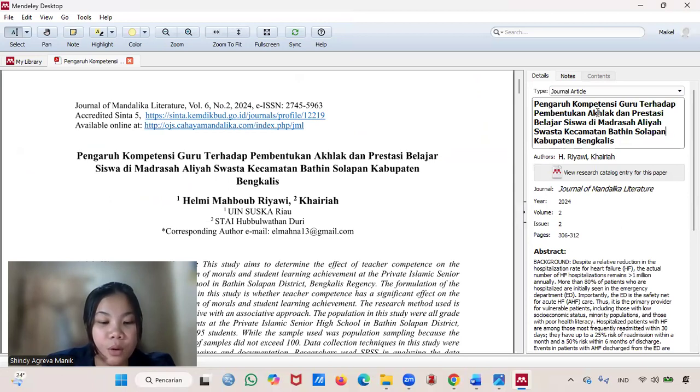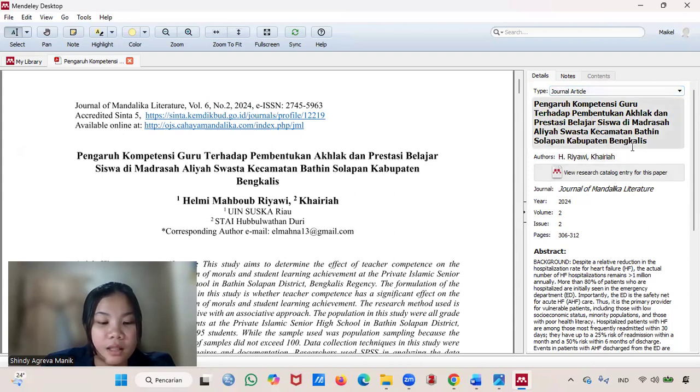Even though Mendeley fills it in automatically and fast, we still need to verify the data carefully. Type: make sure Journal Article is selected. Title and author: ensure the title and author names match the PDF document.